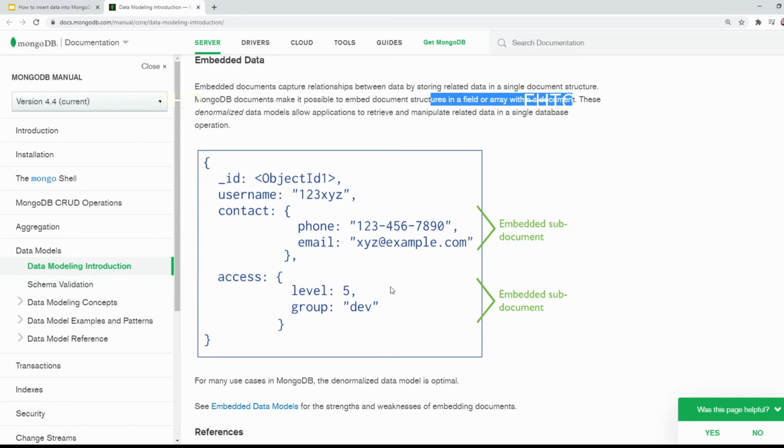For example, here the ID and username is one document. Then under the ID and username, we can embed other documents such as contact and access. In order to embed or attach them together with the original document, which is username, we can use a similar key and value representation. For example, create a new document, give a name to the document, for example contact,